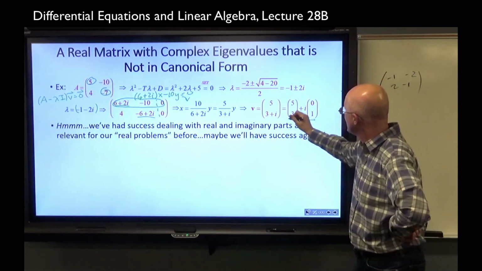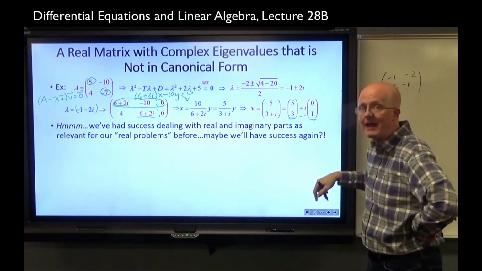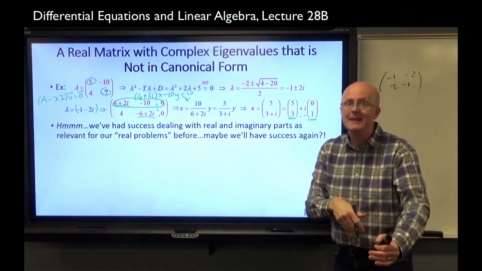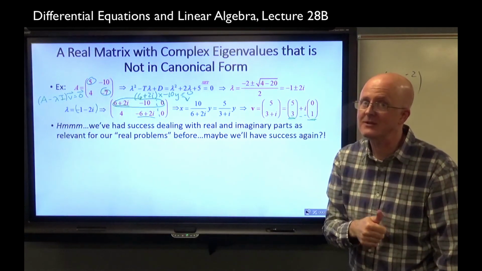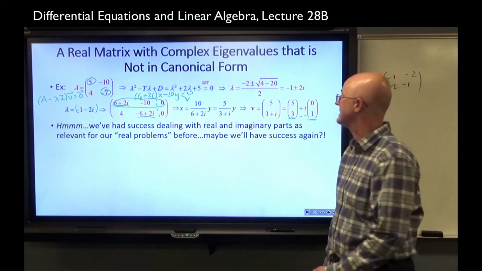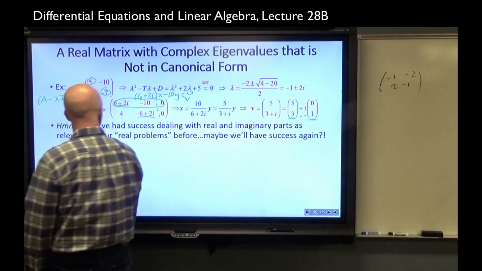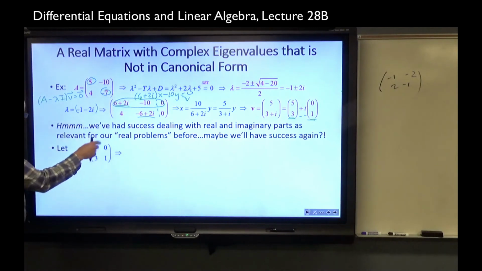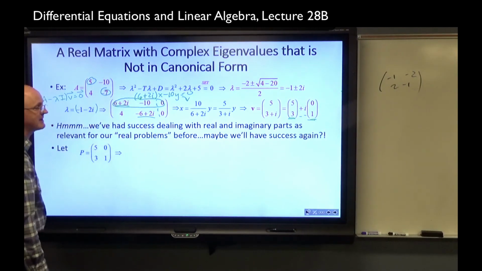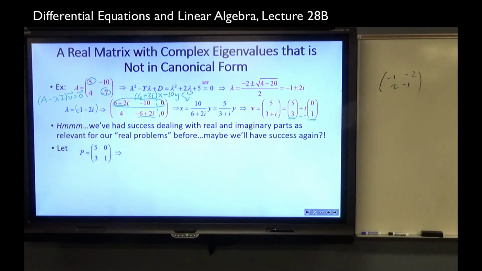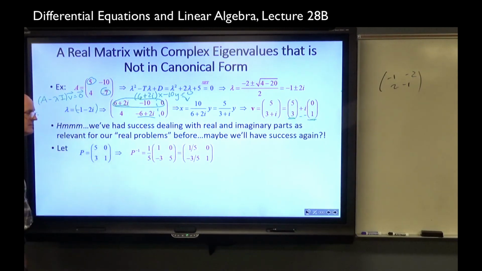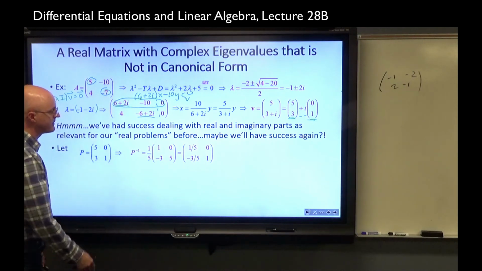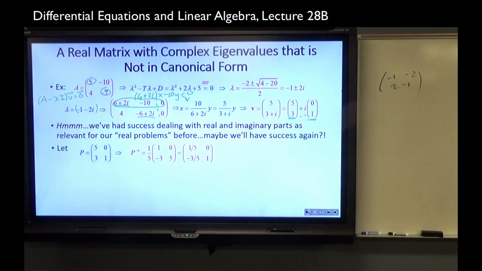Yes. Take those real vectors, 5, 3, and 0, 1, and put them in a P matrix as columns, and that P matrix will work to convert this, not to diagonal, but to the nice form. Let's check the details. So notice the columns 5, 3, and 0, 1 are the real and the imaginary part of that complex eigenvector. This matrix is invertible. Its determinant, 5, is non-zero. Its inverse is this, 1/5 times, swap the numbers on the main diagonal, negate the numbers on the off diagonal, distribute the 1/5 to the entries of the matrix, and then check